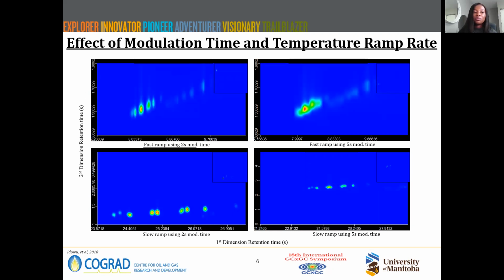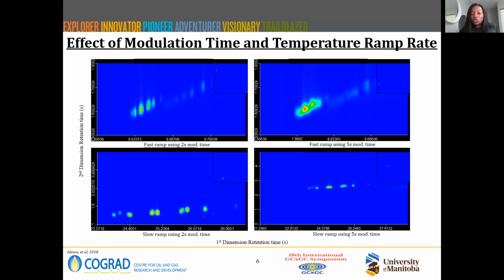During my method development, I checked and used various modulation times and temperature ramp rates to be able to arrive at a method for my analysis. One of the focuses of my analysis is to do individual compound identification as against a group cluster identification that is common when it comes to 2D analysis. One of the goals is to be able to use this individual separation and identification of compounds for forensic fingerprinting